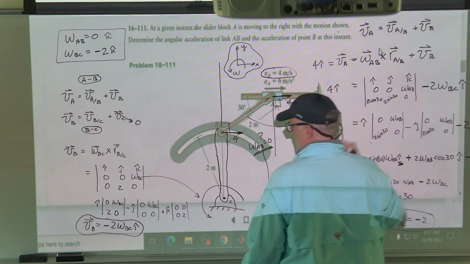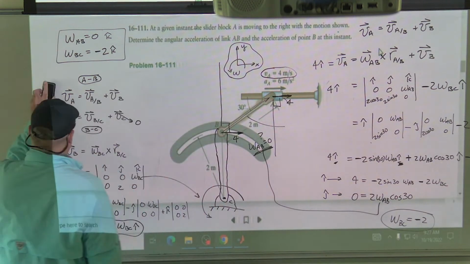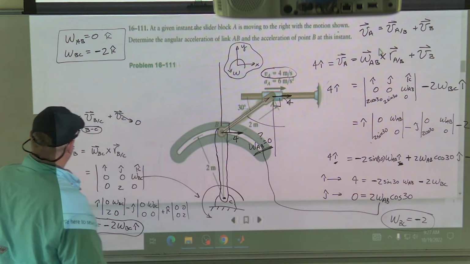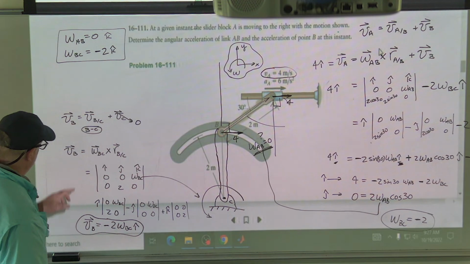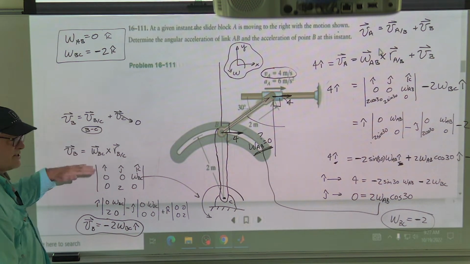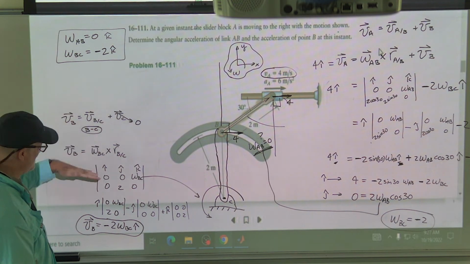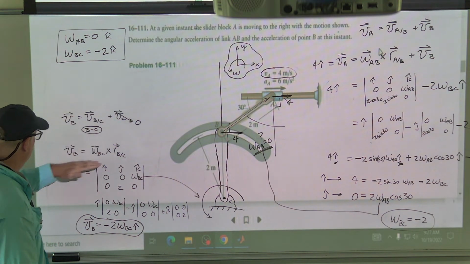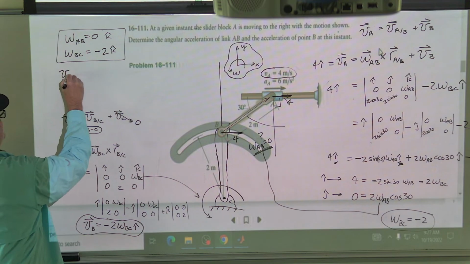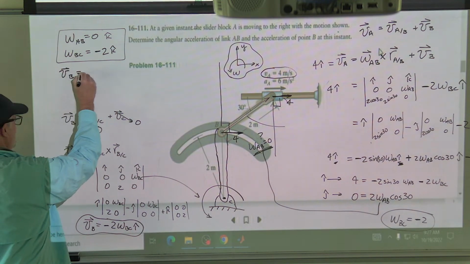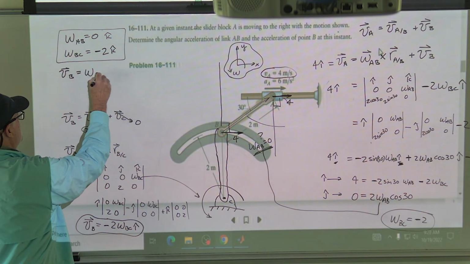Okay, so I got that. I'm going to do something interesting now. I'm going to go from here. What I'm going to do is copy this equation up here, and then go down and do the equations from here. So I'm copying this. Velocity B is equal to omega BC